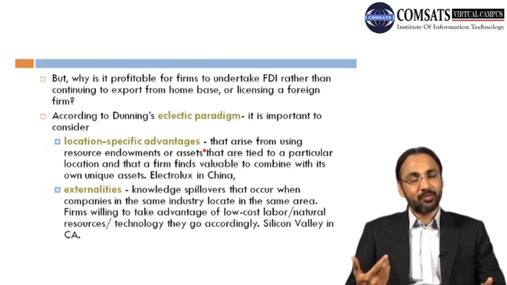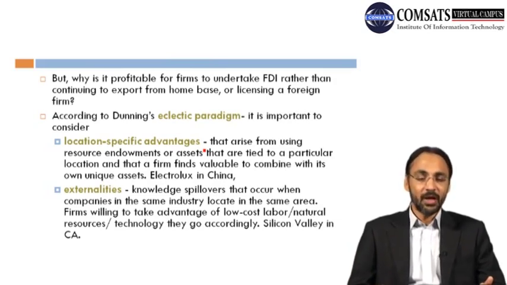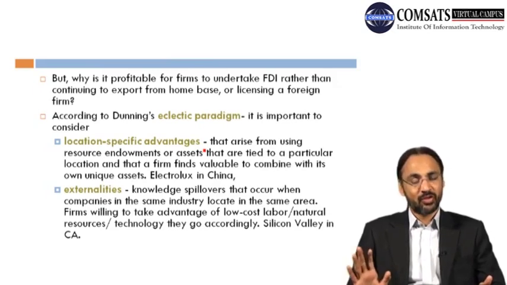In pursuit of an answer to this question, why firms are following such a certain pattern of FDI, there is another British scholar called John Dunning, who belongs to the University of Reading in the UK. He proposed an eclectic paradigm which is based on location-specific advantages. This eclectic paradigm is based on location-specific advantages.